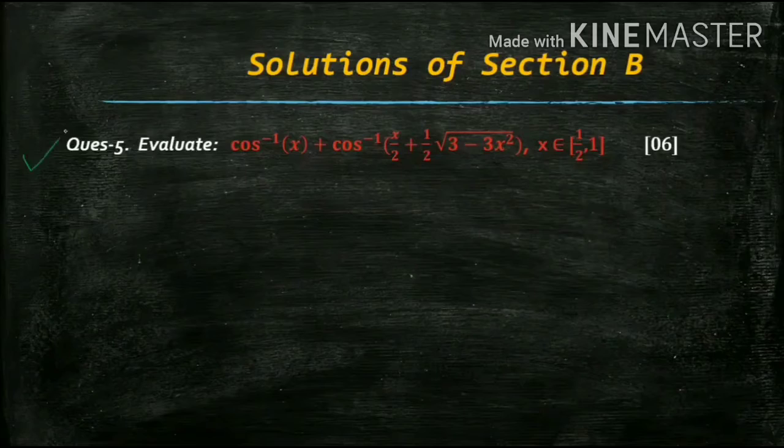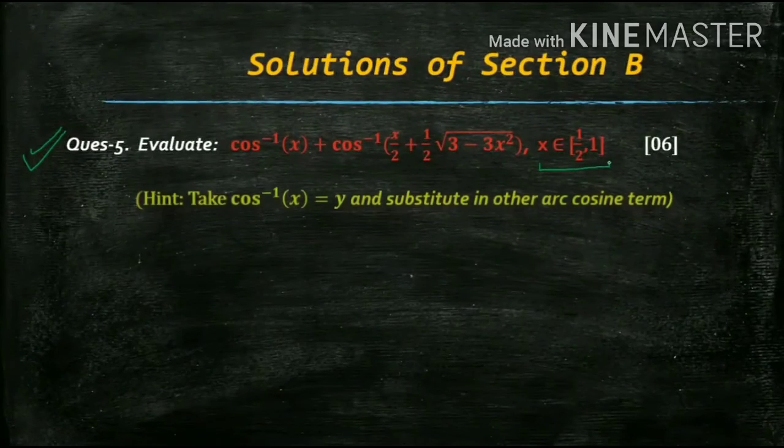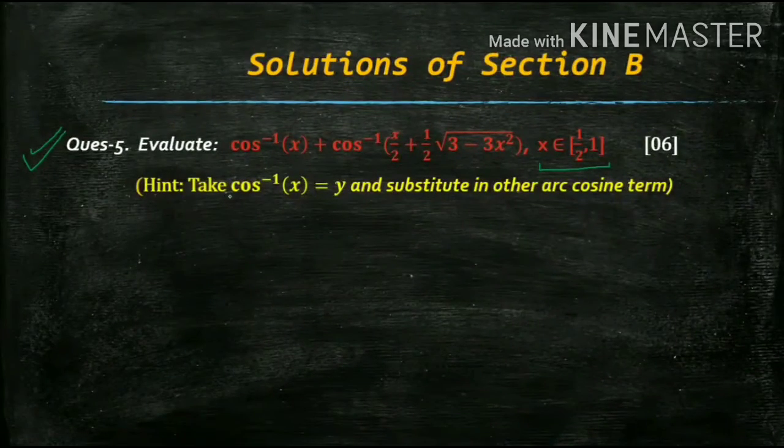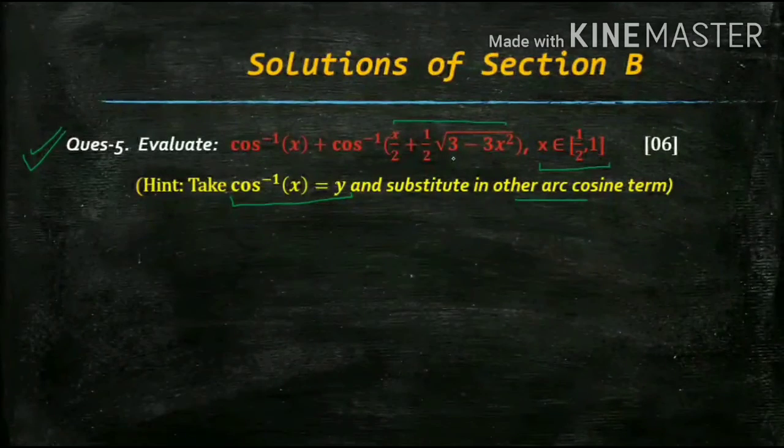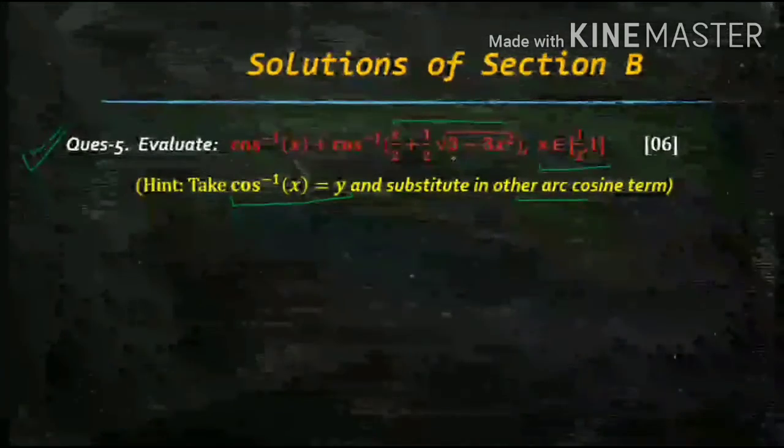Now, this question is also a bit tricky, I can say, but it's actually easy if you just look at its solution. Remember here also x belongs to a given region, so I'll tell you later how to use this. I have also given a hint in the exam that you can take cos inverse x as y, substitute its value over here, then reduce and convert it in cos form, and then use cos inverse of cos theta. I hope with that sufficient hint you have completed this question. If not, then please look at the solution.